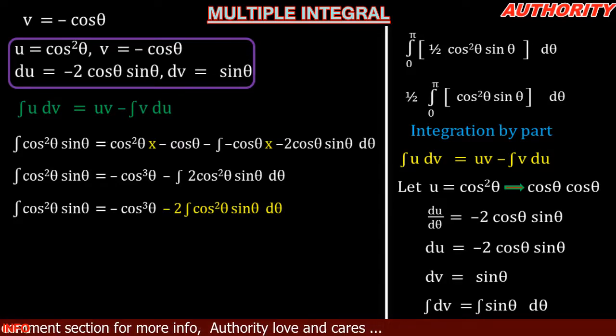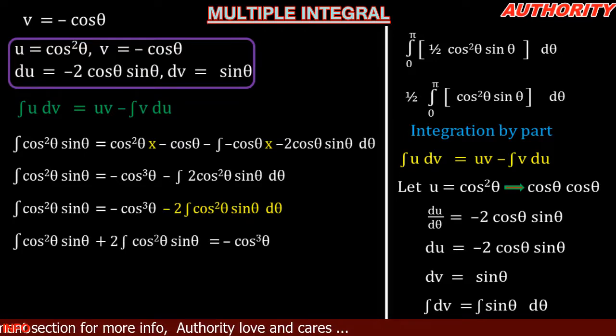Taking it to the other side gives us plus, and we take the 2 outside the integral sign. As we cross the sign of equality, it will be plus. So here we have the integral of cos squared theta sine theta plus 2 times the integral of cos squared theta sine theta, equal to